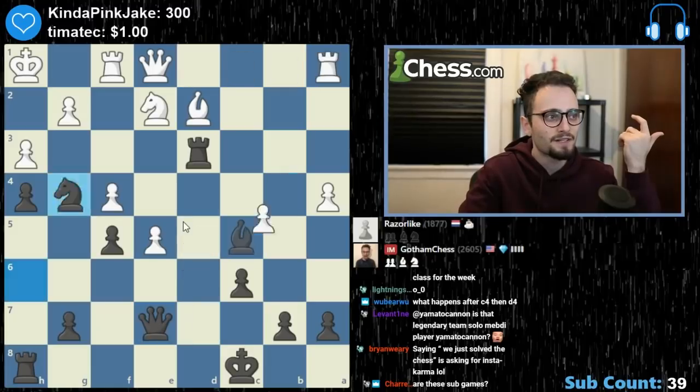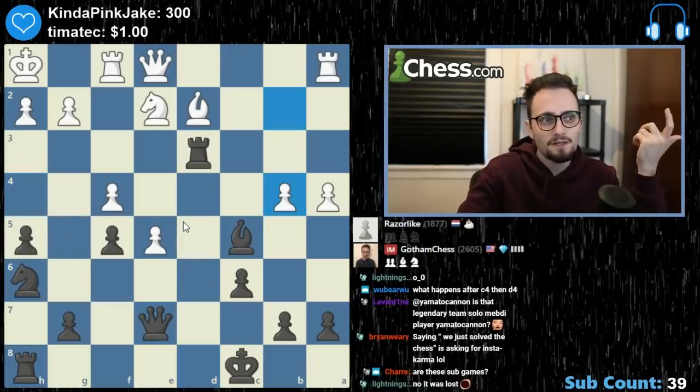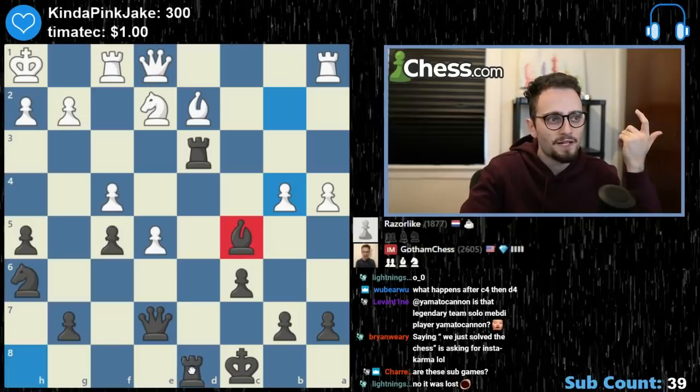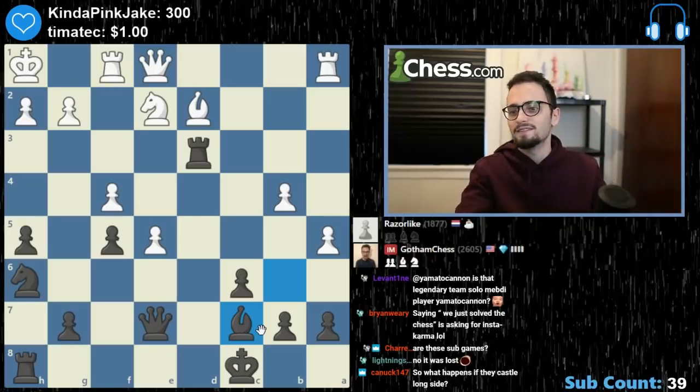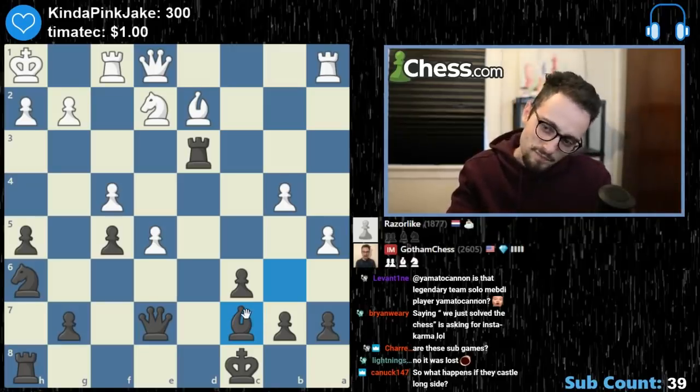I didn't have to play like this. He could have defended his position. But b4 is not a great move. I mean, I can just play like rook d8, for example. Even like this is not... I mean, it's still better than what happens in the game, so...